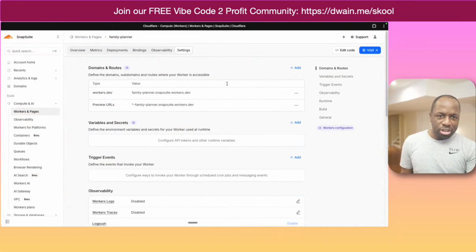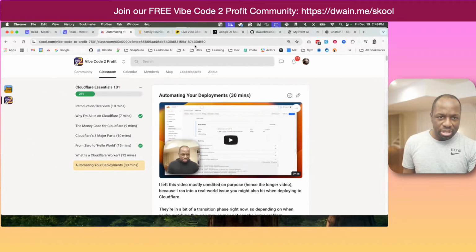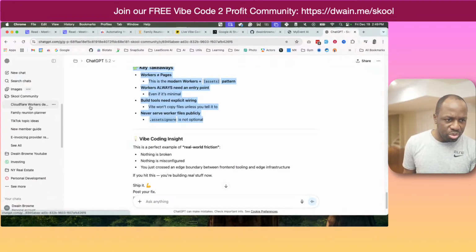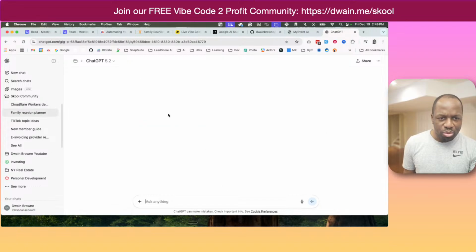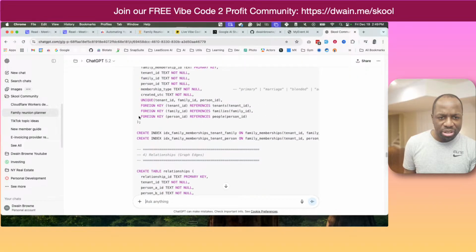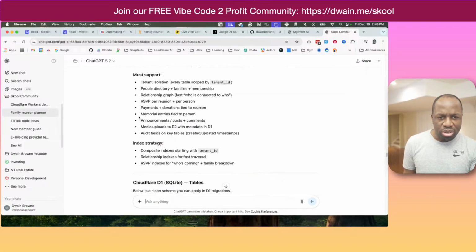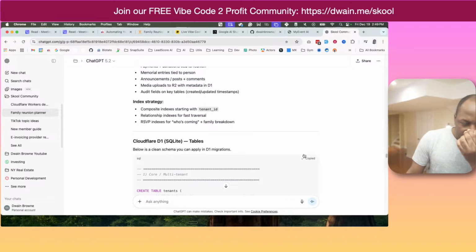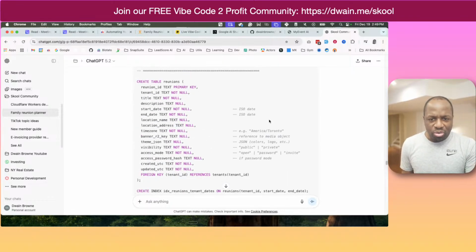All right. So now that we actually have something live, the second thing we want to do is create our database. So we went back to AI Studio, ChatGPT. We're going to go back to Family Reunion. We said we were going to create a database. So there we go, we have our database here. I'm just going to copy this entire thing. And we've got two options. We could tell